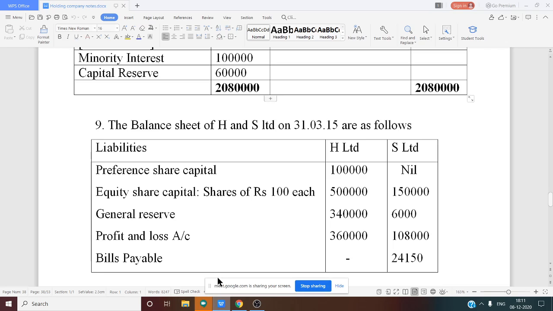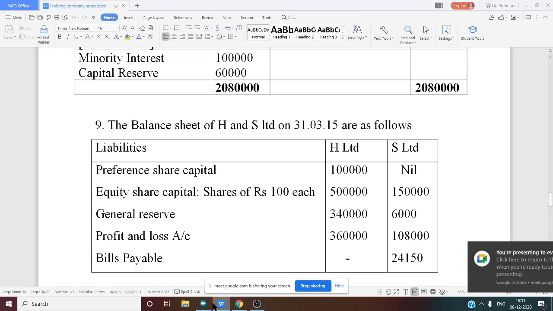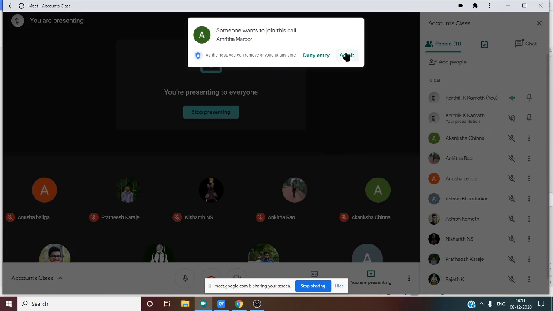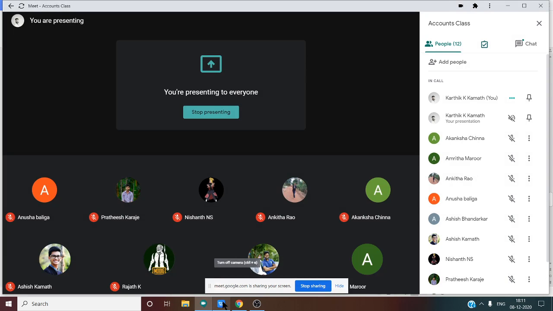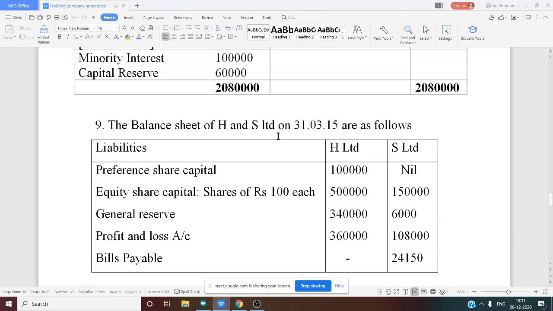Yes. To see this, problem number 9, the balance sheet of holding company. Till now we have discussed 8 problems. Now let us see problem number 9. The balance sheets of the holding company and subsidiary company, that is H and S Limited, as on 31st March 2015